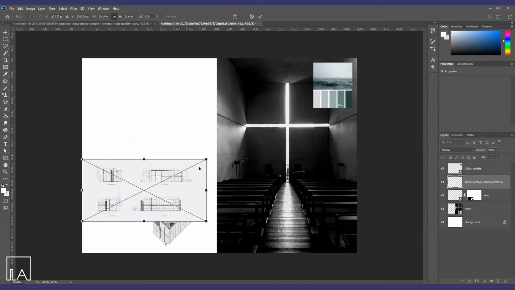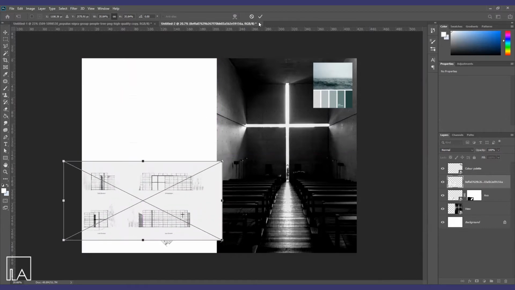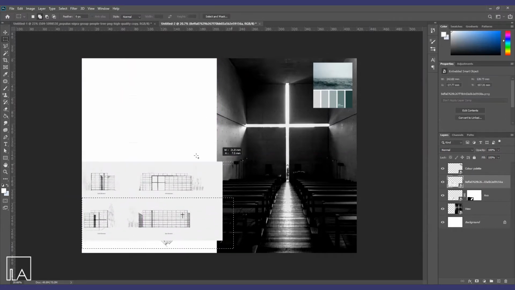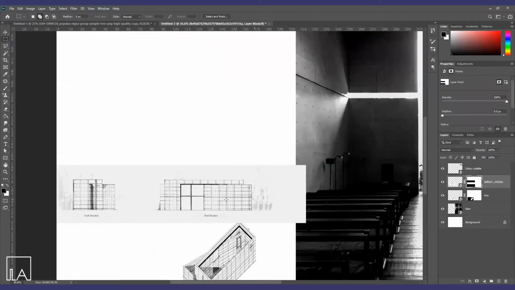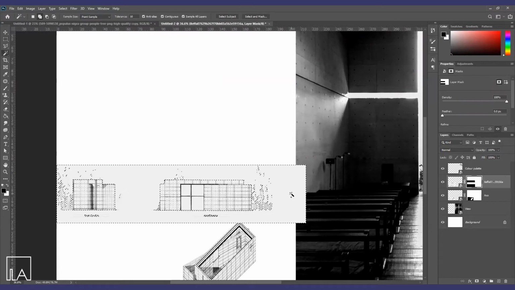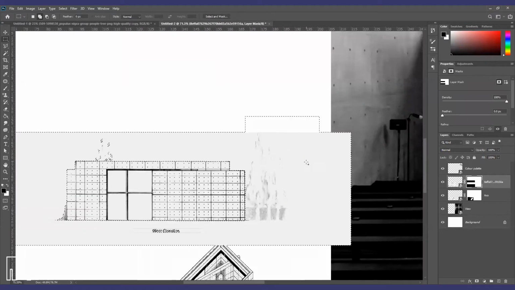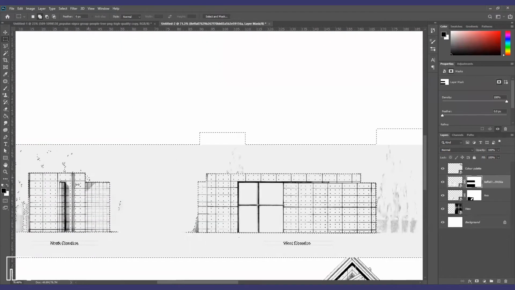You can decide which parts need more emphasis than the other. For example, if your sections speak more about the design than the rest of the elements, then you can make the size of these sections a lot larger than the rest of the elements. So this would give some significance to the sections or any other drawings on the sheet.